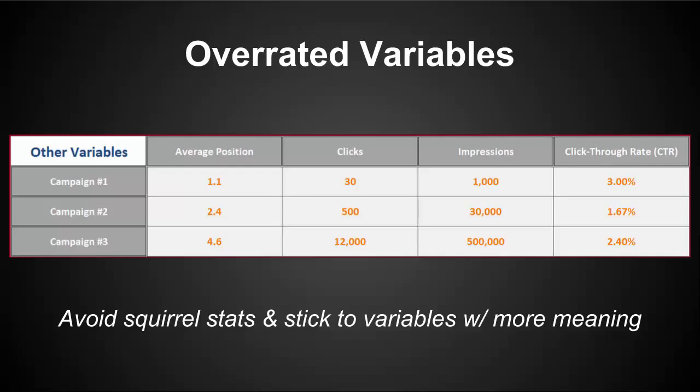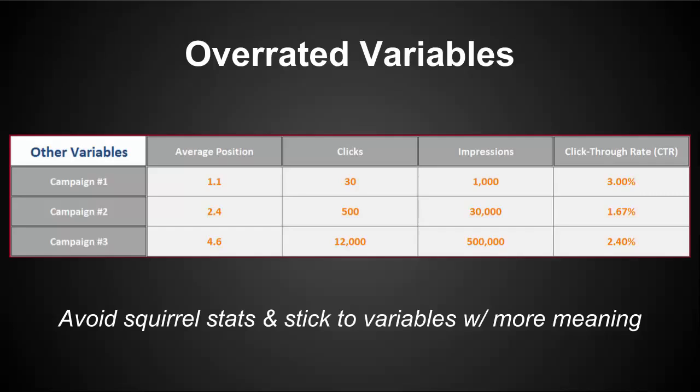Keep in mind that showing up in the number 1 position isn't always profitable for you, and a lot of the times it's good to show up lower to get that cheaper cost per click and show up in a lower ad rank. But the real reason that I'm not a big fan of average position is I feel that impression share just does a better job of telling the story behind where your ads are landing, and that if you're looking for data that revolves around where your ads are ranking, whether they're first or second or third or fourth or fifth on the page, you should look at impression share, because I think that is a more valuable